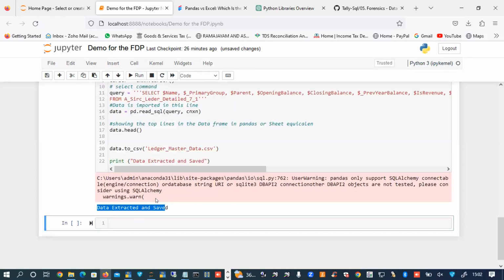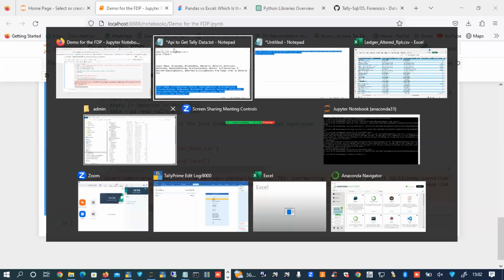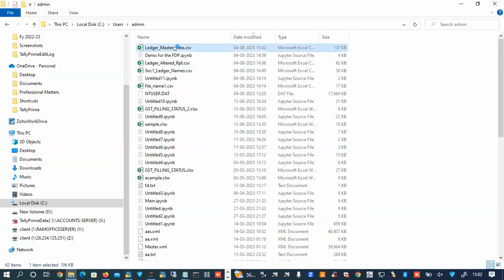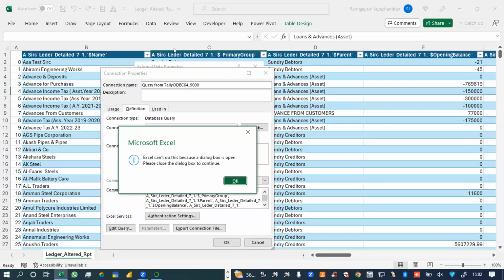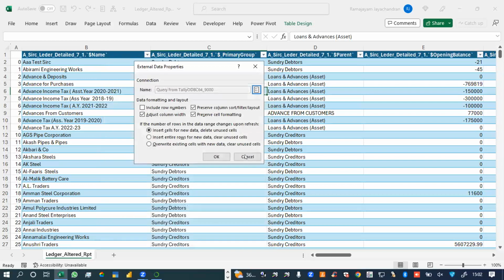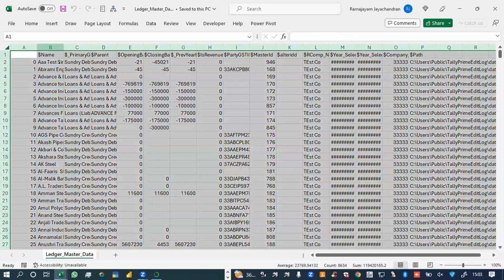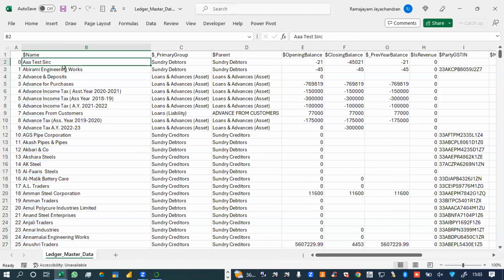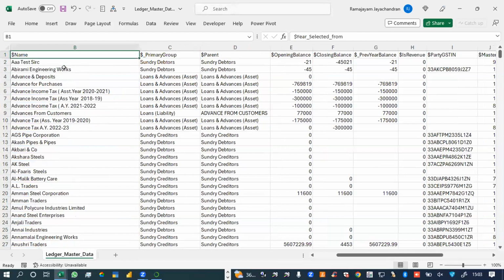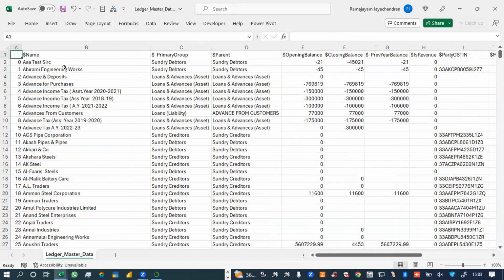So I got a message, data extracted and saved. The same data which we got imported, we loaded through this pandas.